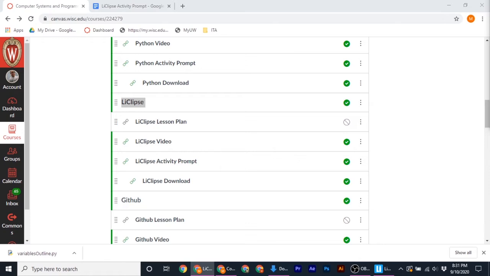So IDEs help with a couple of different things. They help with color coding, which ensures that you have correct syntax. It auto-suggests methods and functions for you as soon as you start typing. It flags errors in your code before you even run it, and then you can run code directly in your IDE. Note that IDEs can also help with debugging,